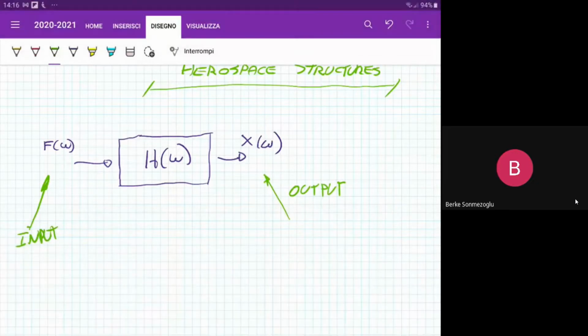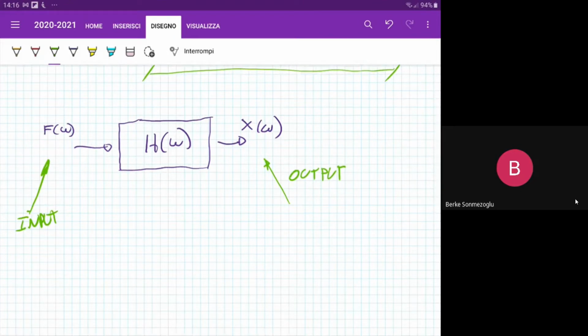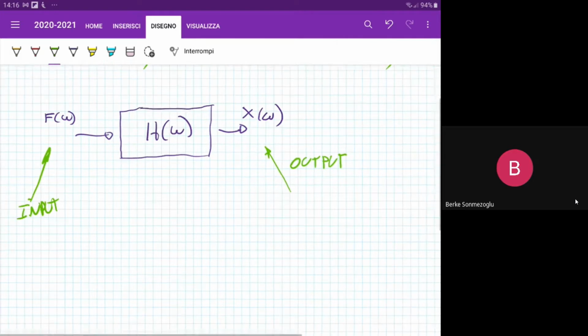So we are considering a system that is characterized by the system transfer function H, and then we are exciting the system with an input, and then we are measuring the output. So the input is the dynamic forcing term, and the output is, for example, displacement, velocity, or acceleration. Now, this name H or FRF, just to be general, is always used when referring to the system transfer function,